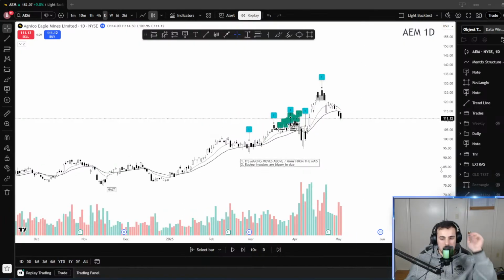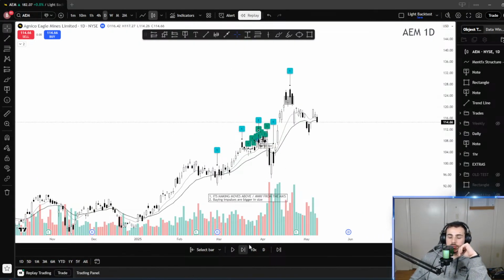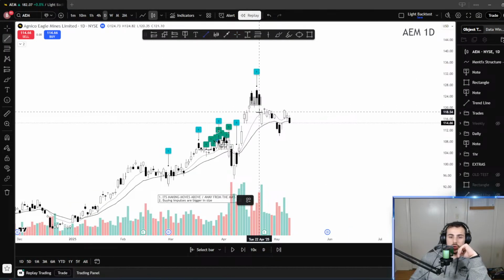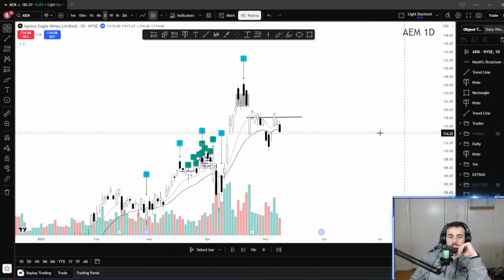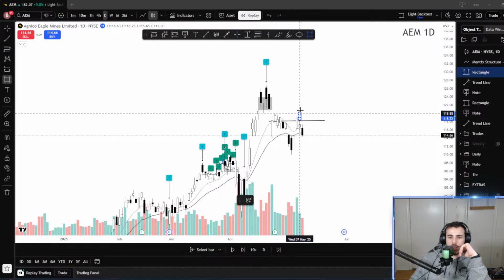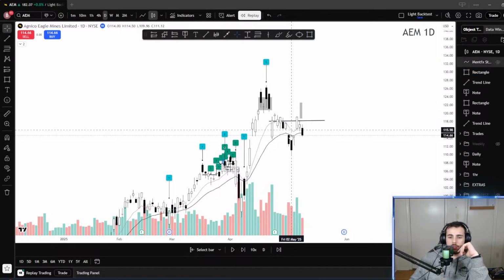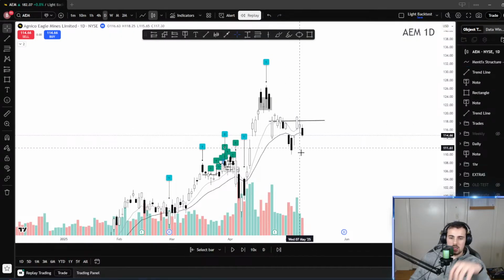Okay, so the daily breaks down. It's come to a halt. We expect sideways and then a strong move that shows accumulation. This move wasn't enough for me. If it made one more candle higher like this, I'd probably consider that a strong accumulation break, but it's kind of just in this area still.